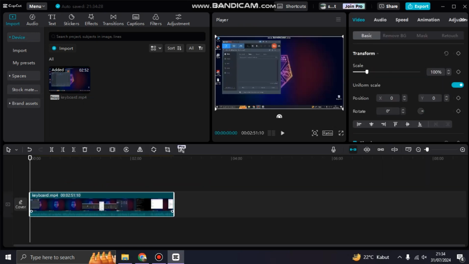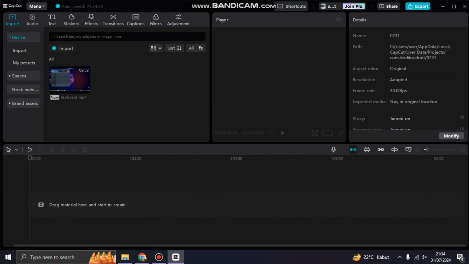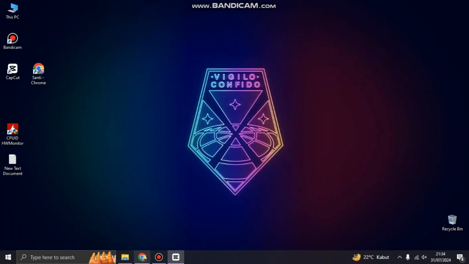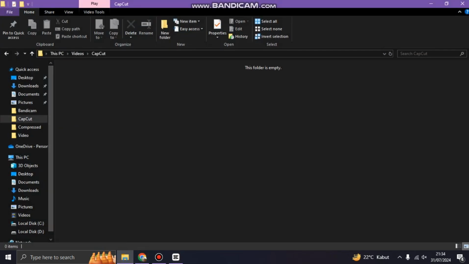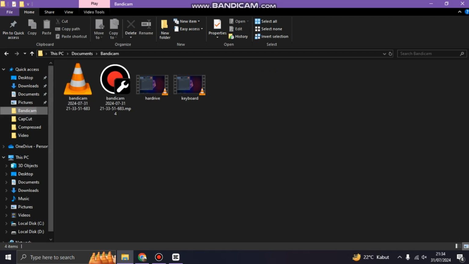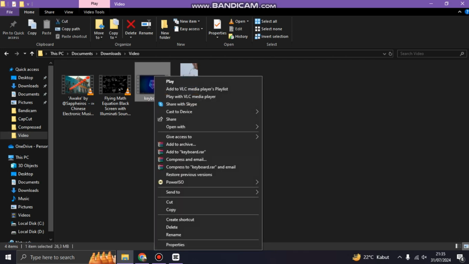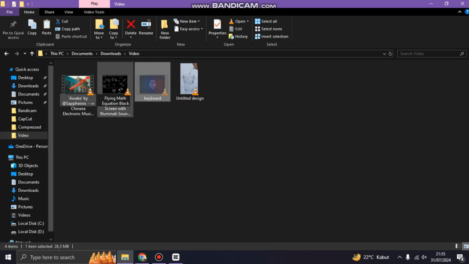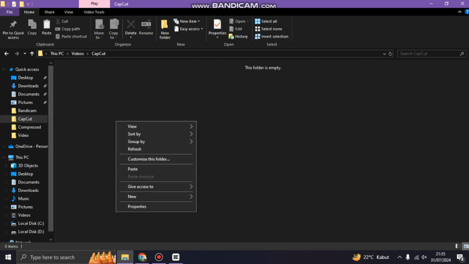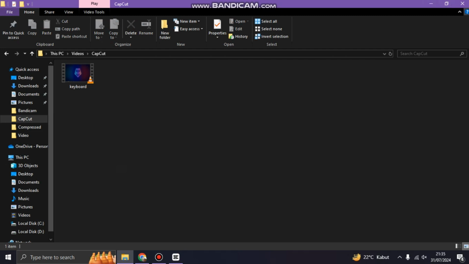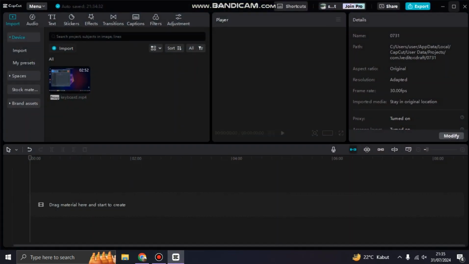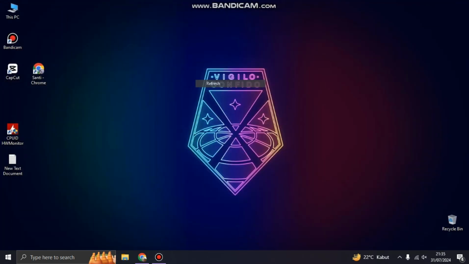you can try to start a new project there. But if you accidentally move your project into another folder, please try to search your project file, for example this keyboard file, and try to move or cut it into the Capcut folder again and paste. And now you can restart your Capcut, close all the Capcut app, and then try to reopen,